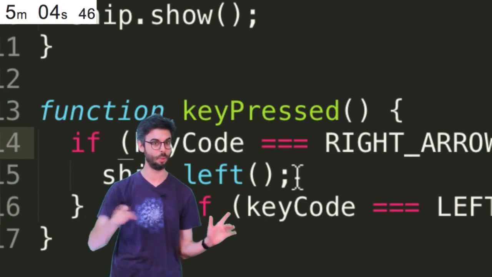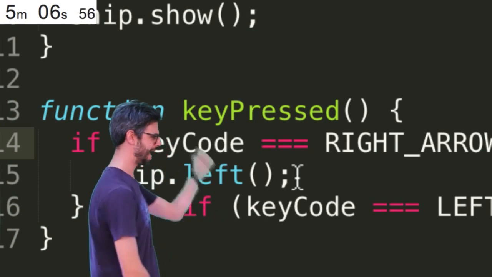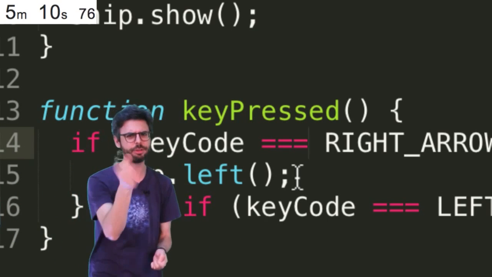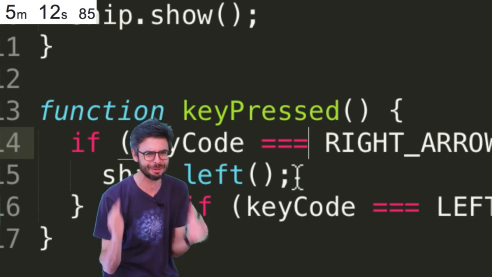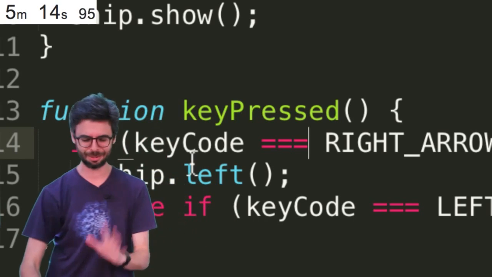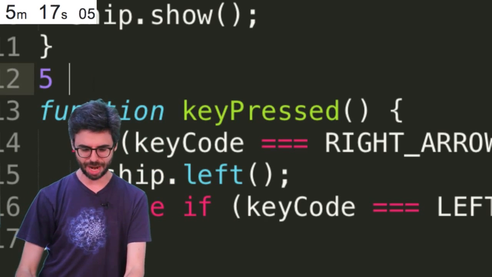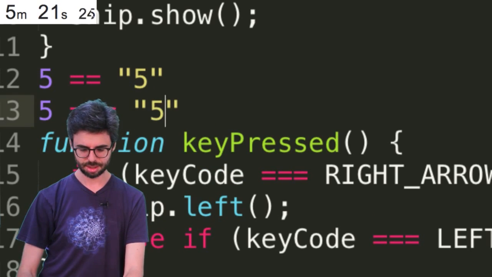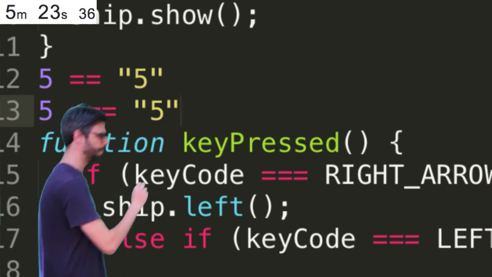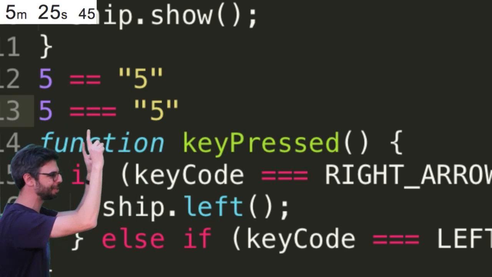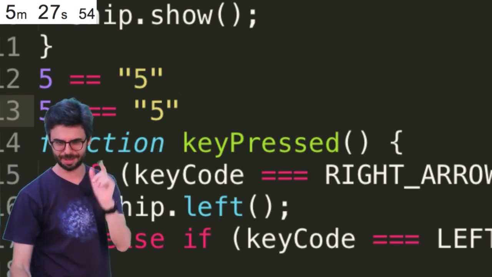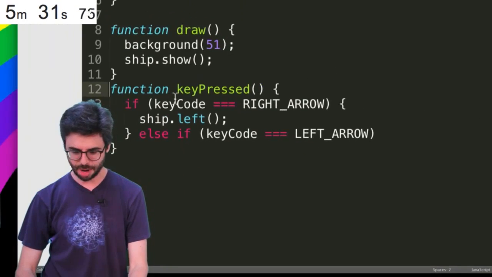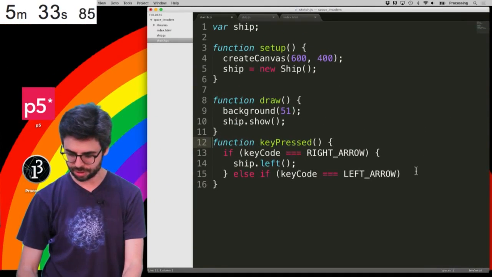100% not one. One equal sign is for assignment. x equals 5. If I want to ask the question, does x equal 5, I can use 2 equals. And if I want to be really, really serious about it, I'm going to use 3 equals. I'm a little off topic here, but I'll just point out what I mean. This is true. This is not true. So, oops. The first one is true. The second one is not true. Think about that for a little bit and come and ask me in the comments if that doesn't make sense to you. Okay, so coming back here,